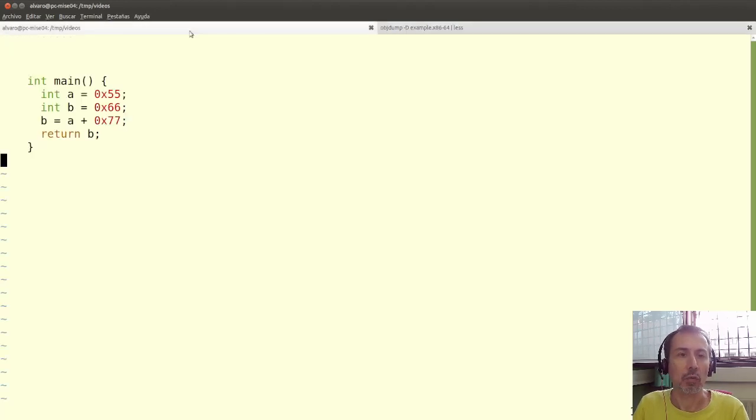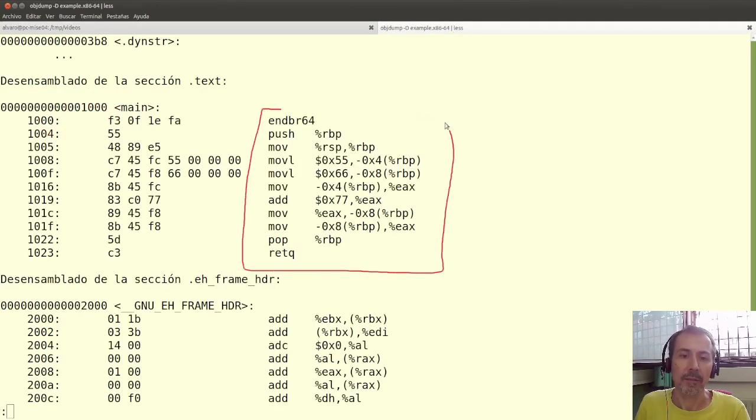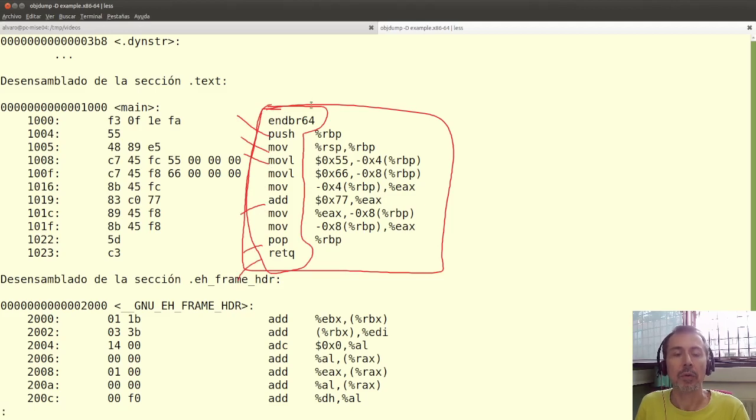Remember, this is the source code, and this is the compiled code. So it has been transformed to this kind of instructions. You see you have a push, a mov, add, pop, ret. So these instructions belong to the